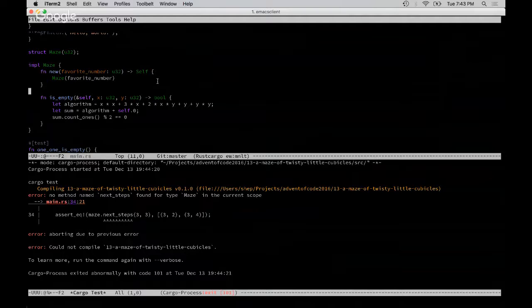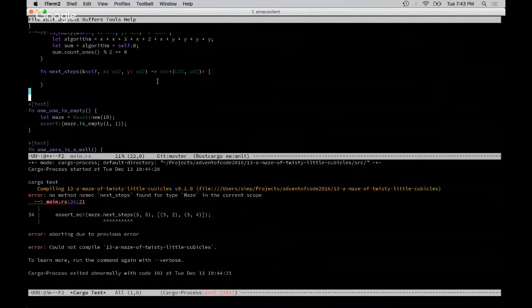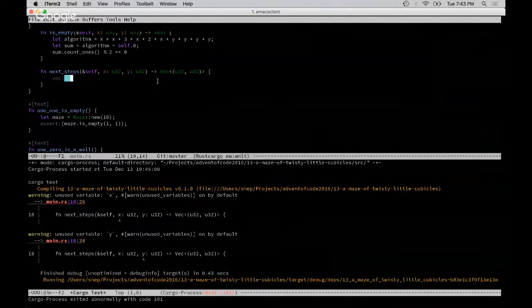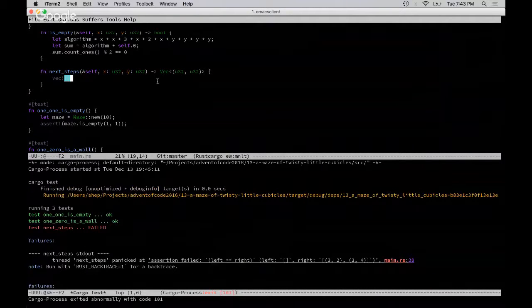Next steps, self, x u32, y u32. And we'll start by returning a vec of u32, u32. Okay. And we'll just do an empty vec. Test run and fail. Okay. So insertion failed, left was empty, right had stuff in it. So basically we want to be able to say,